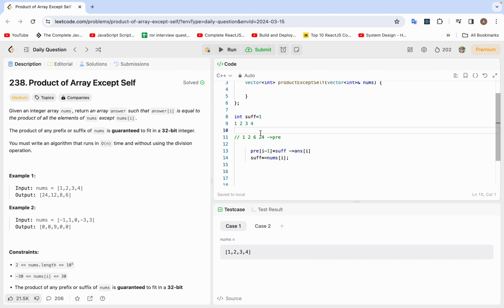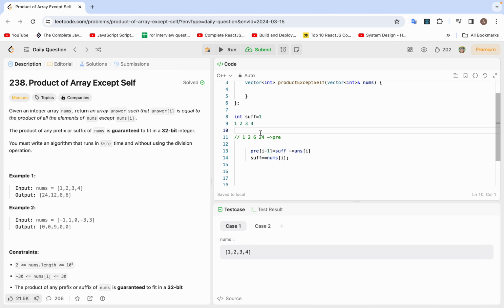I will simply store all the prefix multiplication in this answer, and when iterating the suffix from last, I will simply multiply into this, right? And now I will get my answer. I will simply return my answer. So now this will be O of 1 space complexity with O of n time complexity, right? So yeah, let's